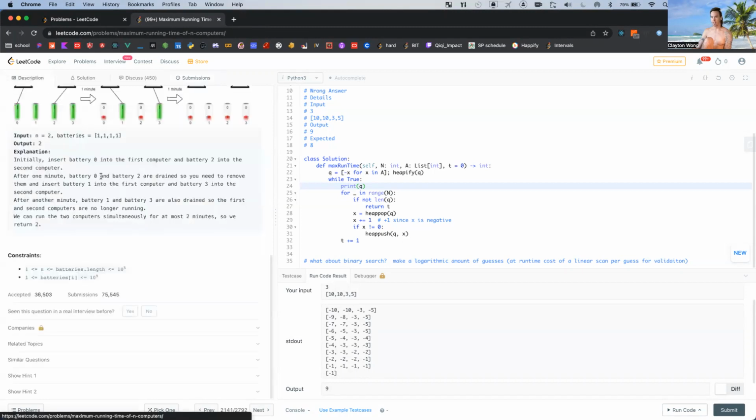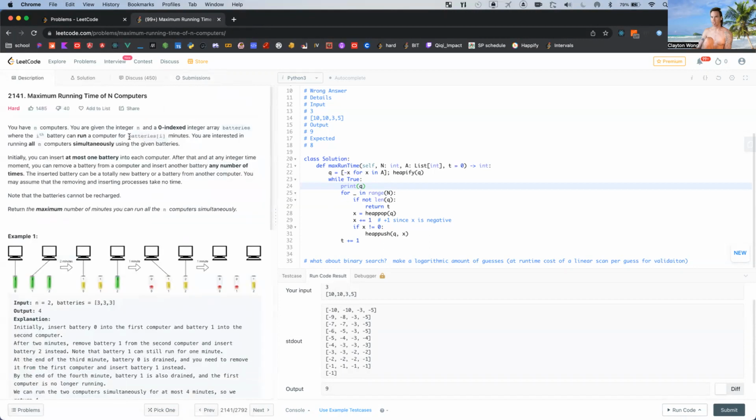Why is this 8? Is there 9? One into each computer. Okay. So what we take, we'll put it back at the end, the ones that we took, right?